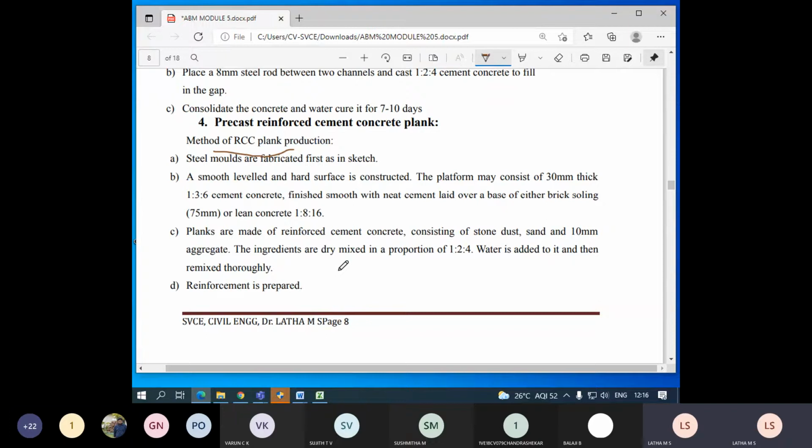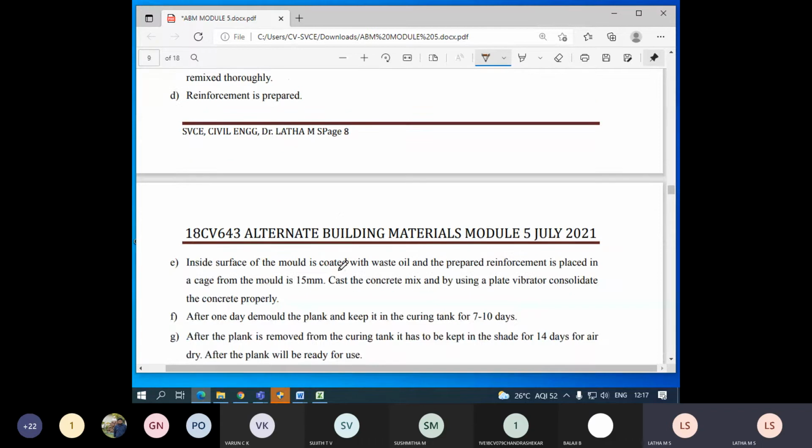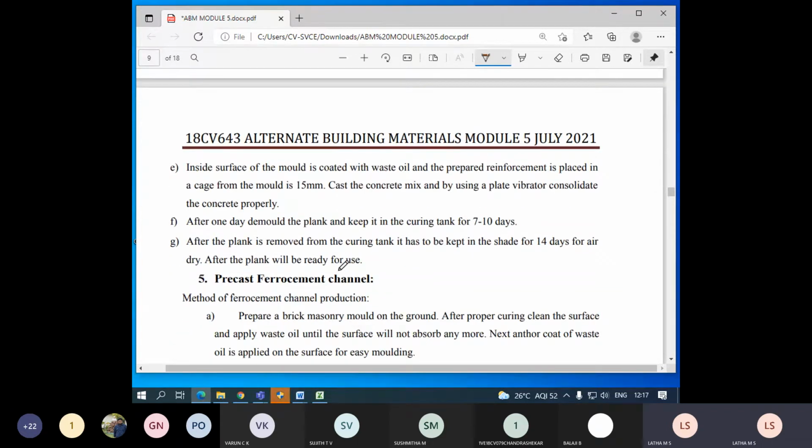Then you lay a layer of concrete. Then you prepare the reinforcement and place it within the mold. Then you pour the concrete and use a vibrator. After 24 hours you demold so that your mold can be used for the next setup. Then you can start curing.